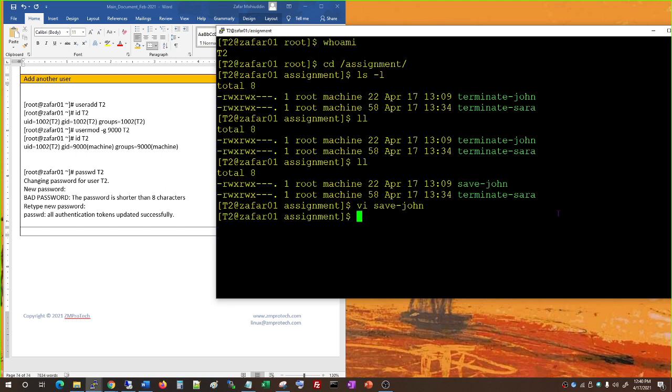So what I'm saying here is you're going into vi and changing the file, even though he's not the file owner. Look at it here. The file owner is root and the group owner is machine. Since he is a part of the group, he's able to do whatever the group has permissions to do. So to demonstrate that,